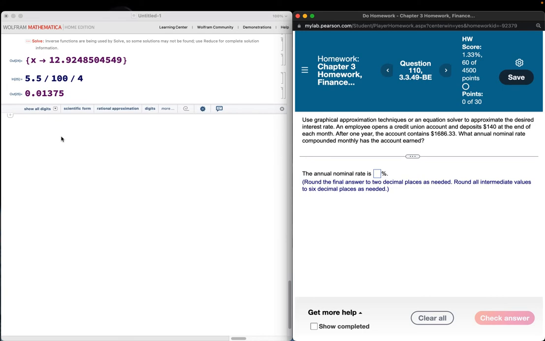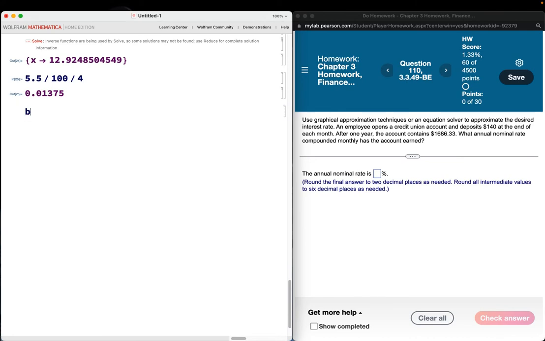So what they're talking about, okay, and again, I'll show you how to set this up, but the problem is if you don't know the interest rate, it's a little more challenging to solve the problem, but we're going to figure it out. So balance 0, we start with nothing. We start with no money.